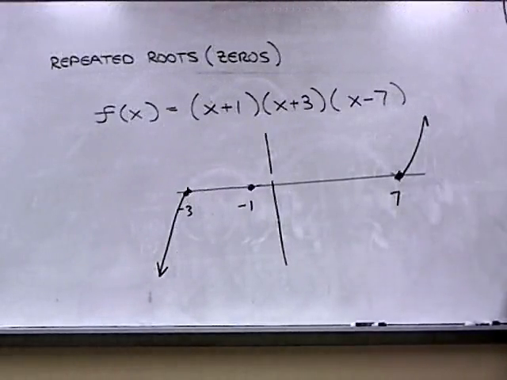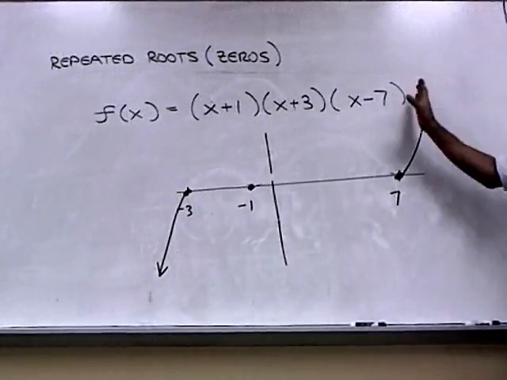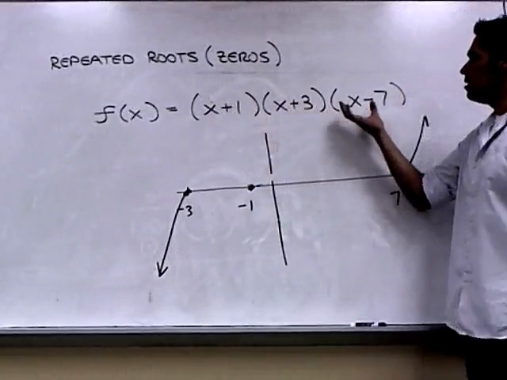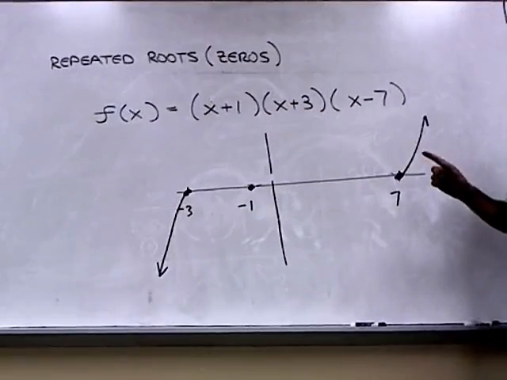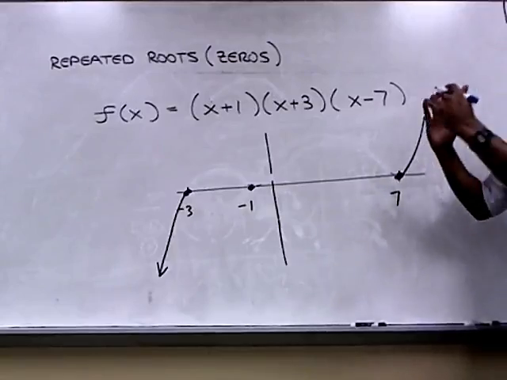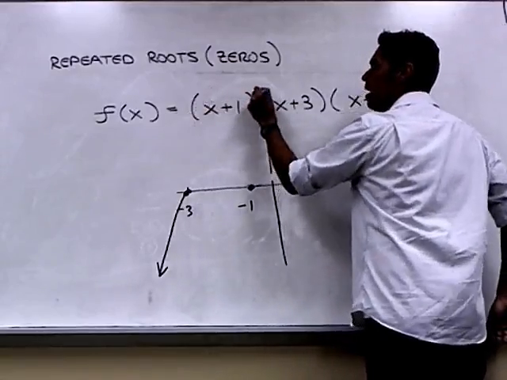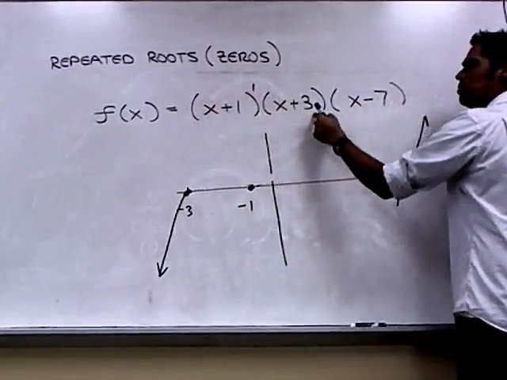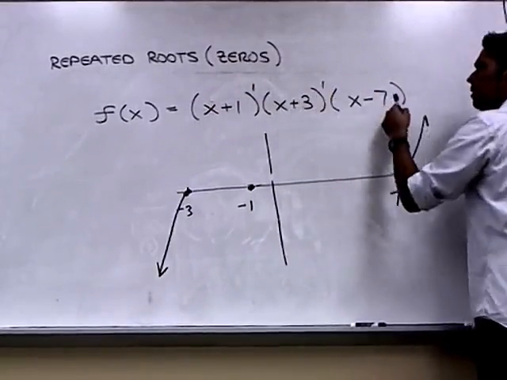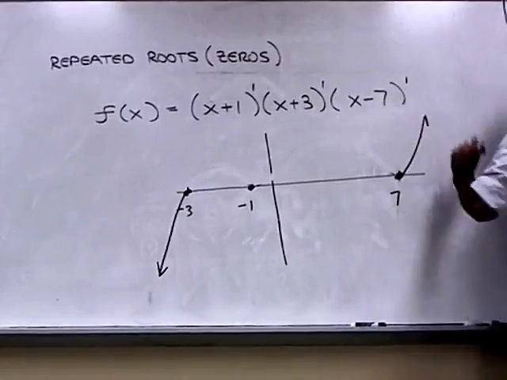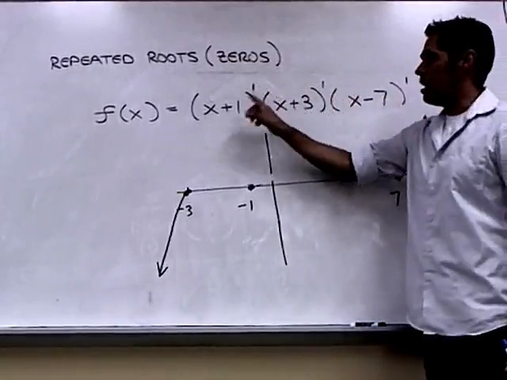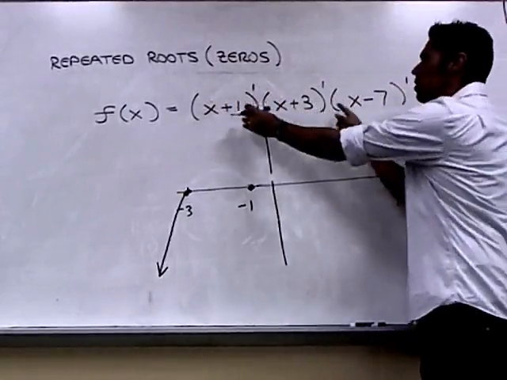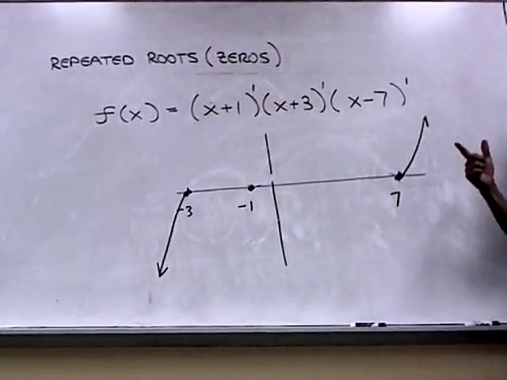Once you have everything factored out, right, and you write out your factors like this, you look at the power on each factor. So on this parentheses right here, what's the power out here on the parentheses? It's a 1, right? What's the power on this one? It's a 1. What's the power on this one? It's a 1. If the power on the factor, not the power in here, not the number in here, the power. If the power is odd,